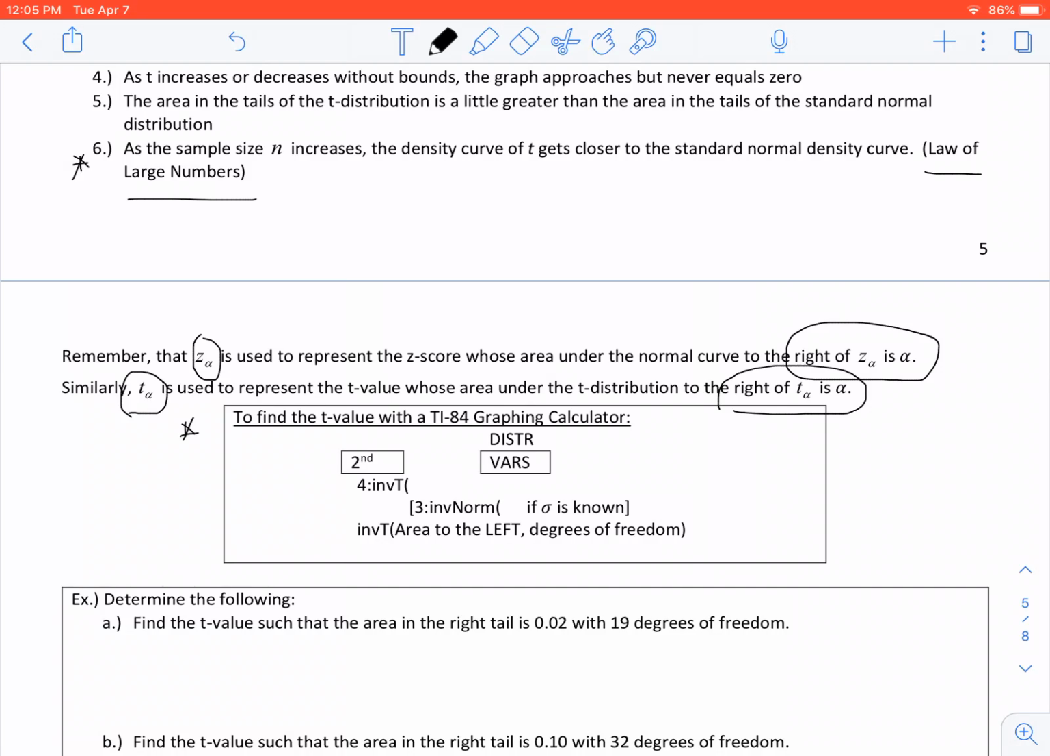So inputting this on your calculator for inverse t, we're going to have the area to the left and the degrees of freedom, which again was n minus 1. And inverse norm is back from chapter 6. We went through that before, and if you don't remember how to use your calculator,